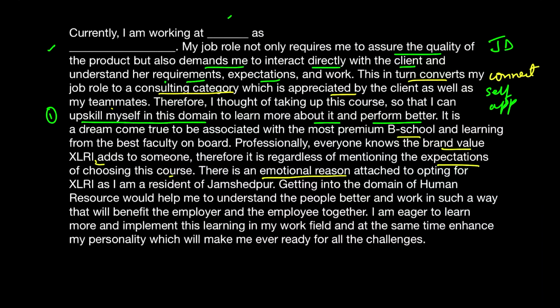So there was complete truthfulness when I spoke this, and this was communicated well, and they agreed that yes, she's right. Everyone knows that a resident of Jamshedpur especially knows that two things make Jamshedpur special. One is XLRI, and the other is Tata Steel. So I want to be associated with both of them, and that's what I aspire for. Whatever I wrote here was completely true, and I was able to justify it correctly. So don't write something which will be over exaggerating and you won't be able to justify your statement.